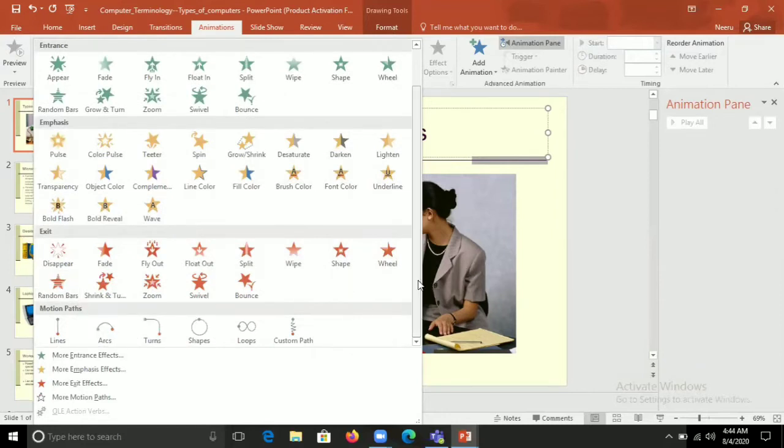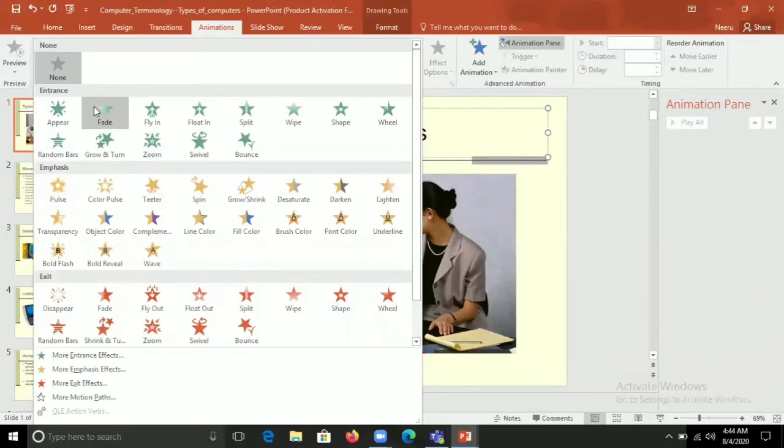Firstly, I am explaining entrance. As the name indicates, it is how the object will enter during the slideshow. You can choose from this. Many are here, you can choose any one.